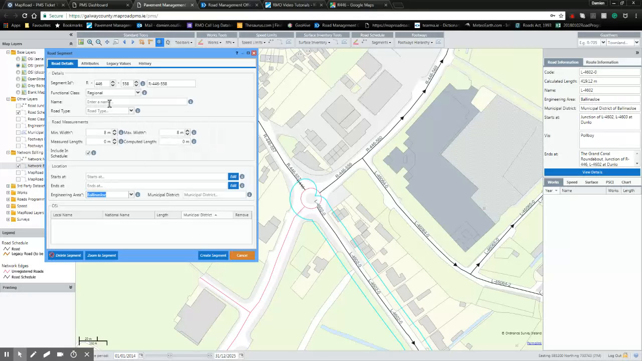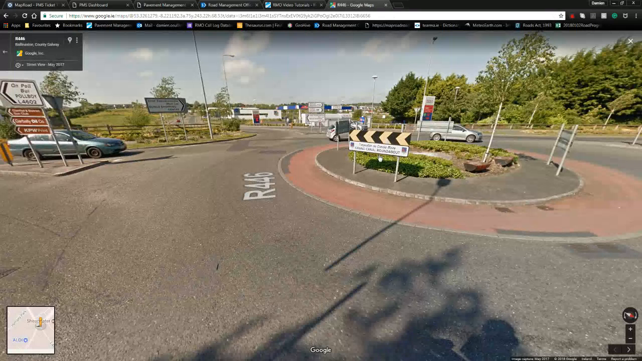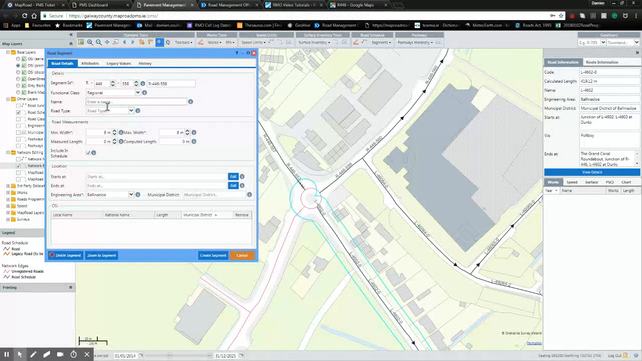The name, it's good practice to enter the names, particularly for roundabouts. The name of this roundabout is actually, I've just seen here from Google Street Maps, the Grand Canal Roundabout. So I'm going to enter that as well. The Grand Canal Roundabout in the description. And now all that's left to do is